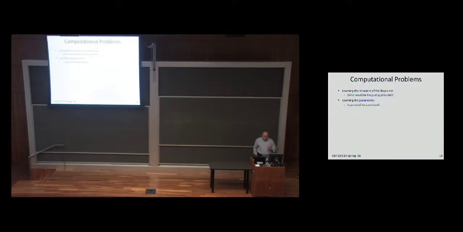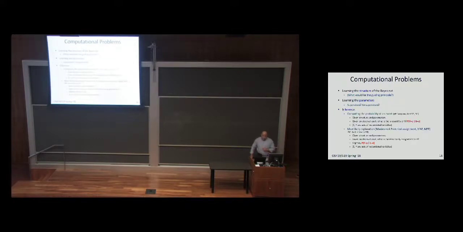Okay, so now, in practice, what do we want to do? Really, we have 2 computational problems. We want to learn this probability distribution, which in general implies learning the structure. Here I gave you the structure. I showed you what the edges are. In general, you want to learn it, and once you have the structure, you want to learn the parameters. Once you have it, you have the inference problem. Or in fact, it's not once you have it. Inference is part of the learning, as we'll see a little bit later today.